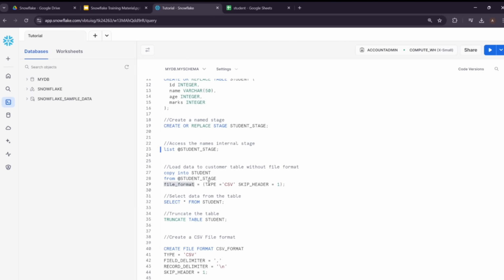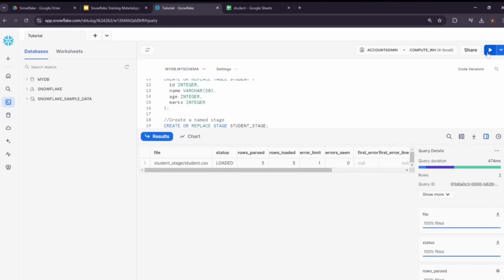So here the file format is manually, we are providing the options manually over here. This is one way we can mention the file format, but we will use how do we first create the file format by hand and then use this file format over here, rather than placing everything manually. So if I execute this particular command, it should be able to load the data successfully